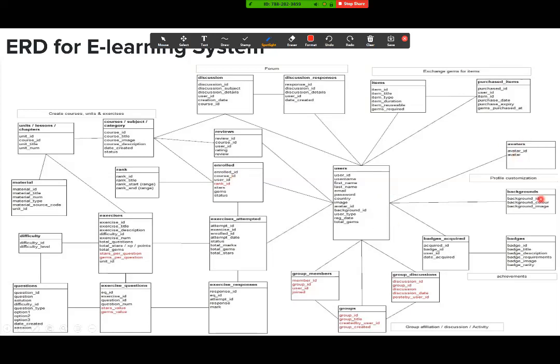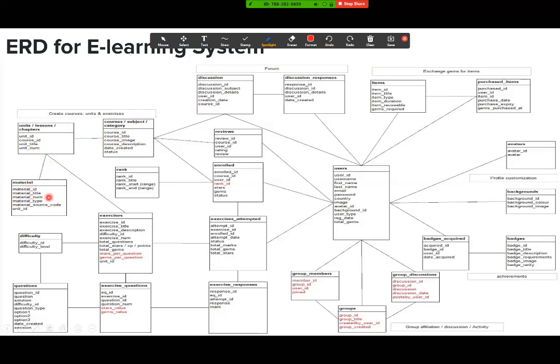Okay, so in this here, look, a user could have their avatars, right? They could even have backgrounds that they prefer, background color and stuff like that. Even in this system, you could purchase a course. Like a learning management system, you could even purchase courses as well, right? But you could choose if you want that as part of the system. You have your discussions, you have your courses, a course made up of units, a unit made up of material. So Travis, earlier on, we were talking about courses, chapters, units. This one uses courses, units, and a unit is made up of material, right? So it's the same logic and concept of breaking it down as well, right?